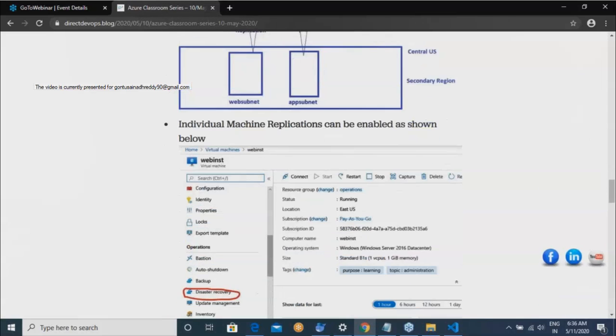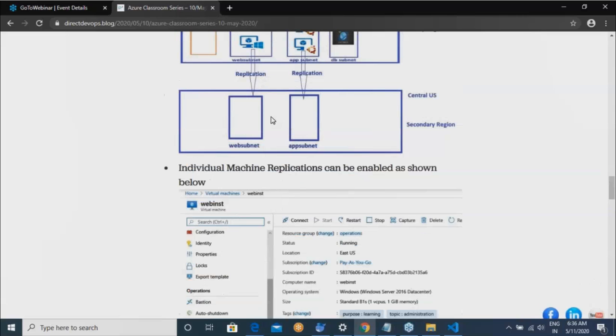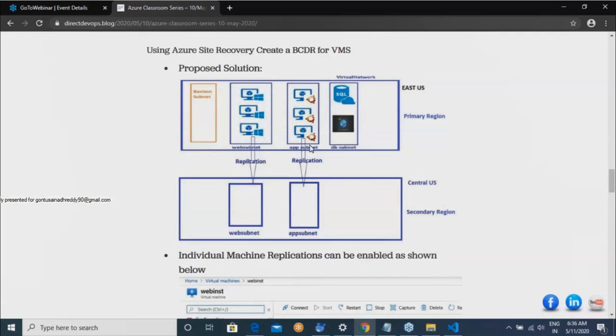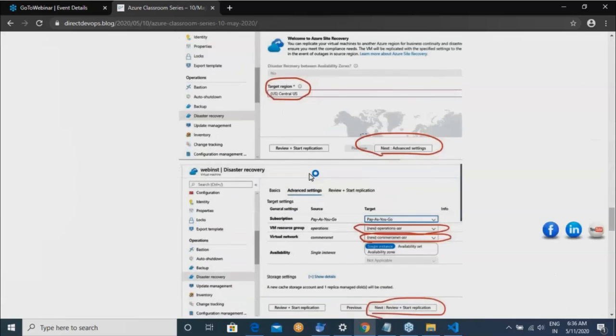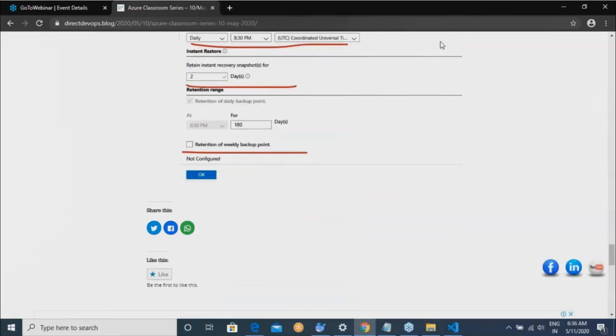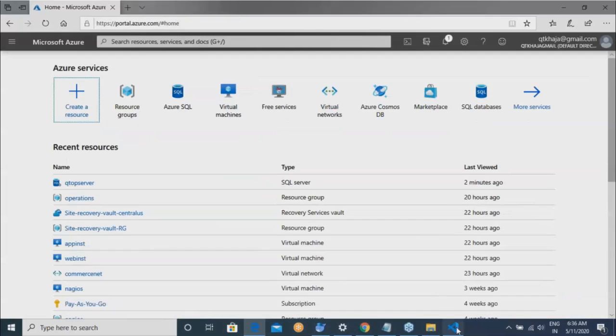So now we need to use the same Azure Site Recovery to create a replication for an Ubuntu VM and also backup for both the VMs. So let us try to look into how to do that. Right. So let me get started.